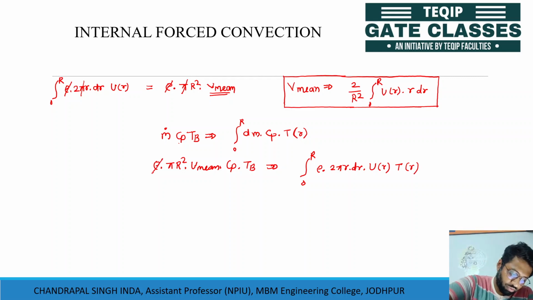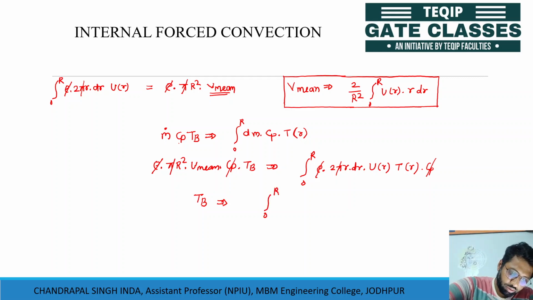Now rho to rho cancels out, cp to cp cancels out, and pi to pi, and we have that Tb is equal to